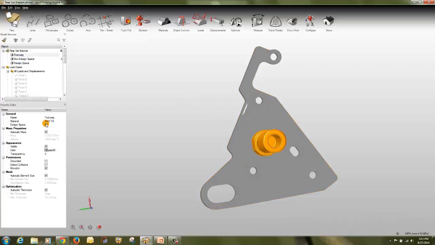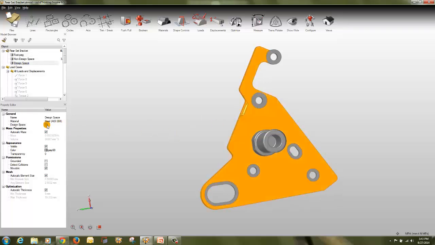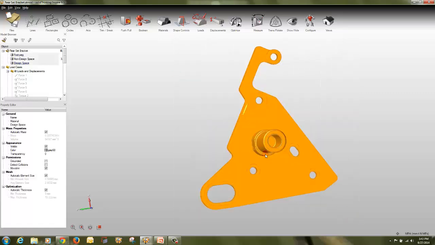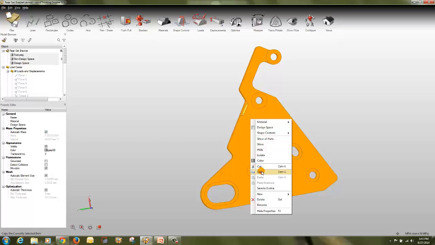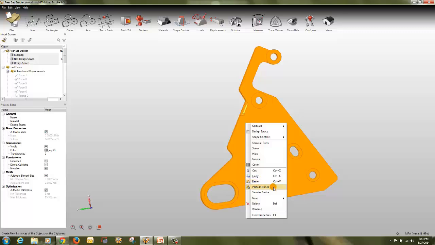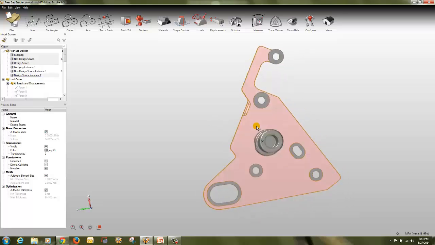Let's make this non-design and this one a design space. What you have to do is just select the parts, right click, copy, again right click, and instead of paste, click paste instances. Paste instances will help us to do the pattern repetition. So if you click on paste instances and move the part,